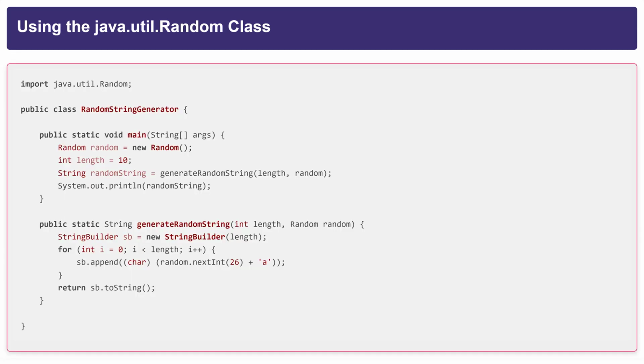import java.util.Random; public class RandomStringGenerator { public static void main(String[] args) { Random random = new Random(); int length = 10; String randomString = generateRandomString(length); System.out.println(randomString); } public static String generateRandomString(int length) { Random random; StringBuilder sb = new StringBuilder(length); for (int i = 0; i <